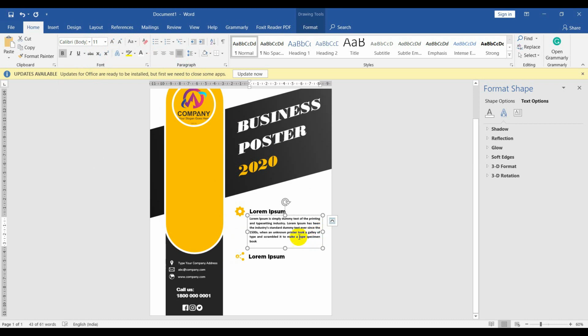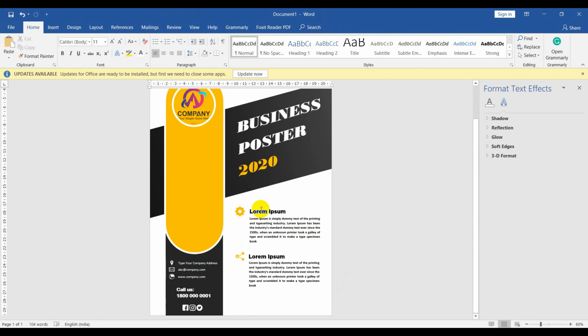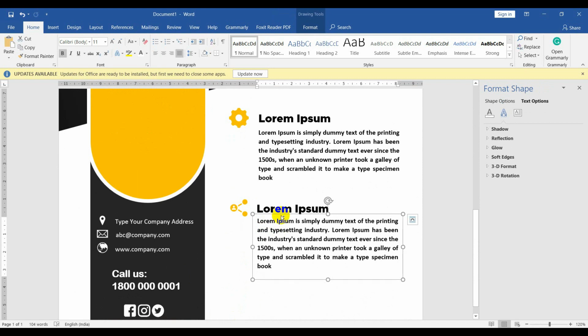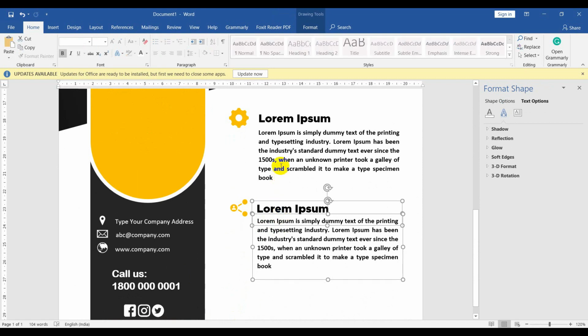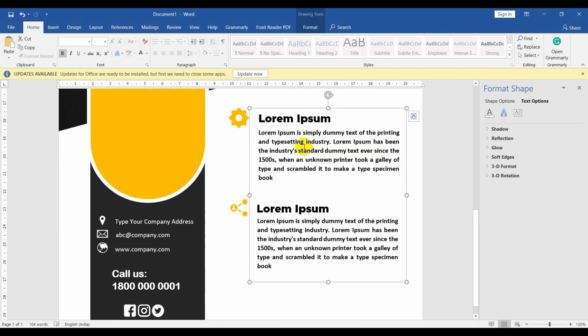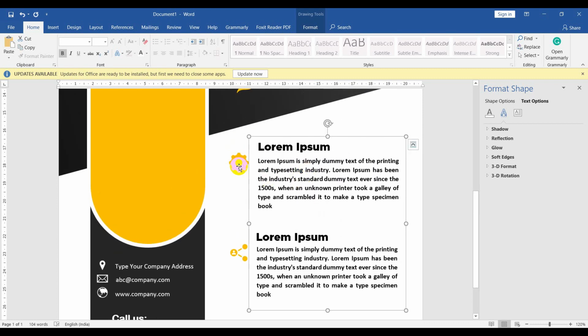Okay. Now copy the text box and move here. And click all of the text box and make them group and adjust properly. Now do the same with icons.